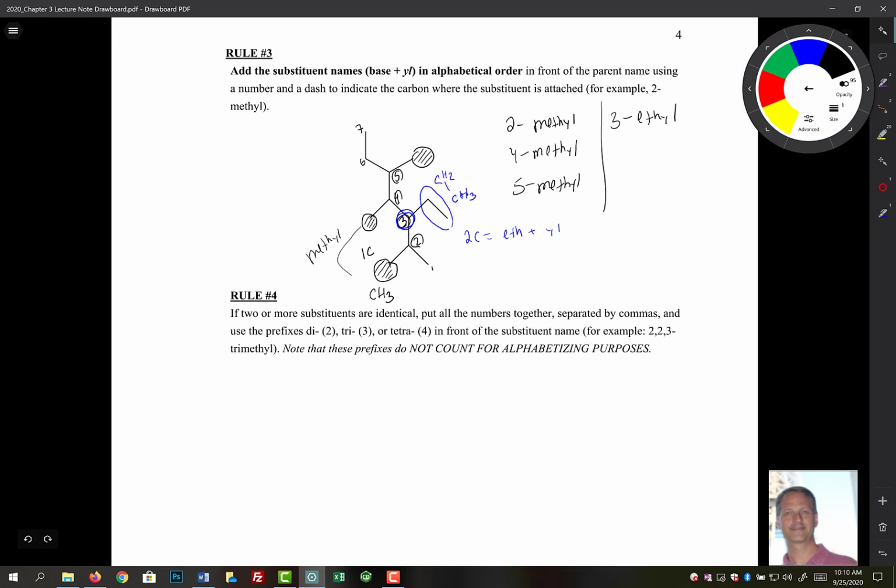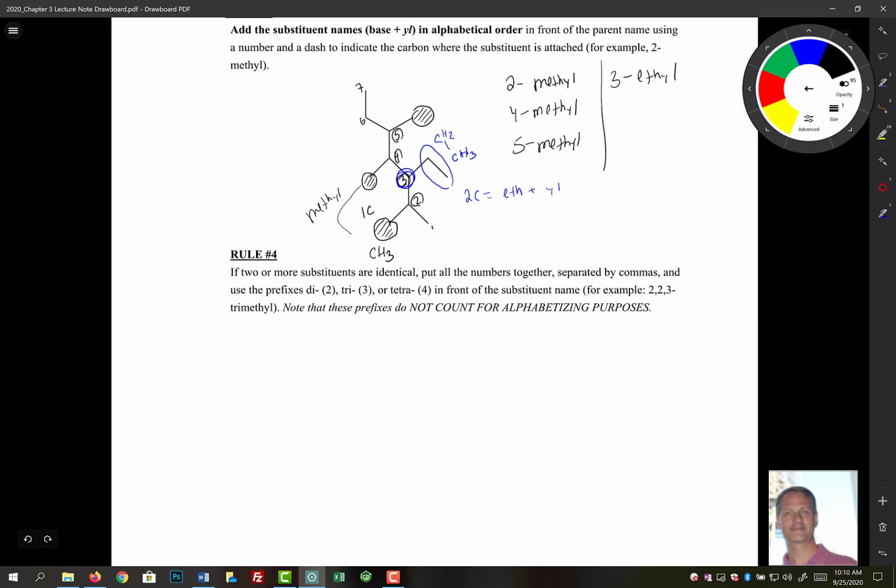So we want to try to reduce redundancy here a little bit. So we don't need to say it's 2 methyl, 4 methyl, 5 methyl, because they're the same. So we're going to combine those 3 methyls into 1, and we're going to call it tri, because that's 3, right? So di for 2, tri for 3, tetra for 4, right? And you could go on to penta. You're just not going to see that very much, though. So di, tri, tetra, most common that you'll come up with. In front of the substituent name. So we have 1, 2, 3 methyls. So that's going to be a tri